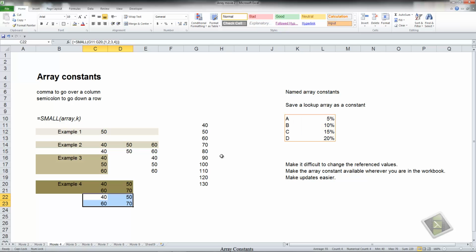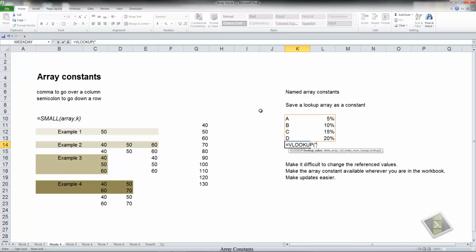I made them up. It's A, B, C, D, 5, 10, 15, and 20%. Now, there are several ways to do this, but the way I'm going to do it, I'm going to build a VLOOKUP function. I'm going to look up D, comma, in the table array, which is going to become our array constant. I'm going to take the second value, close the parentheses, and Control Enter, so I'm still in the